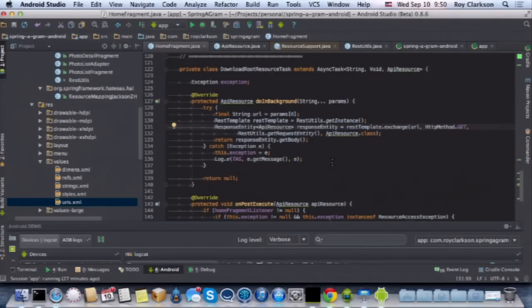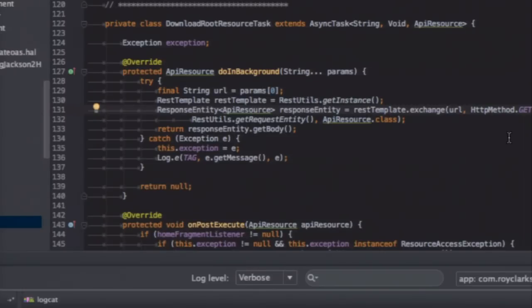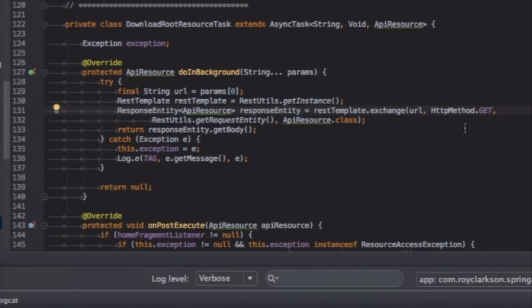Okay, so yeah, any questions about that? I think I covered all of the objects in there. So